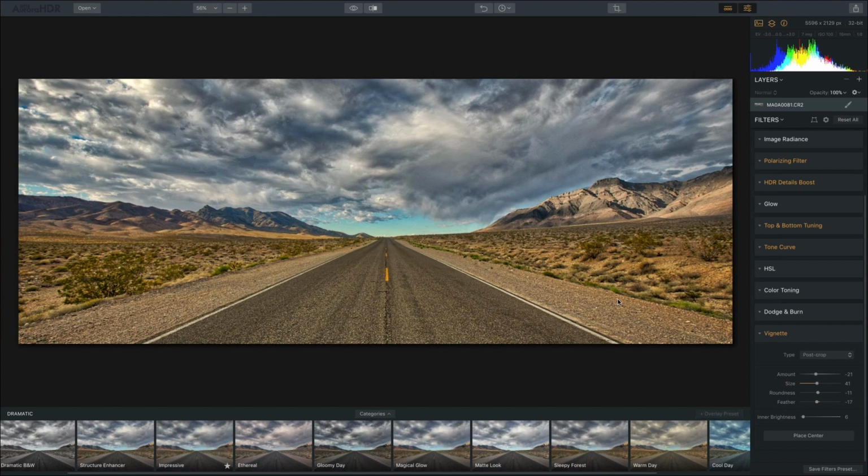So I have this image, and I really like it. But my gut says the clouds are a little too crunchy for my taste. I want this to look sharp, but I don't want it to look fake. So I'm going to go up to the upper right-hand corner, and you'll see